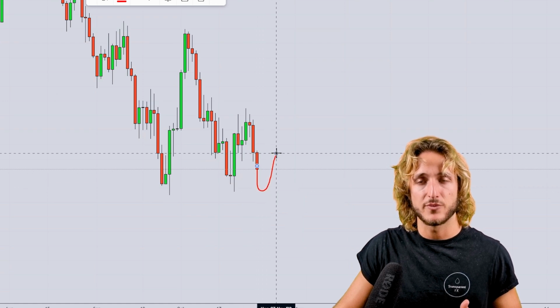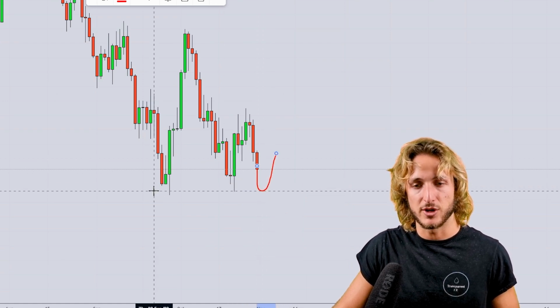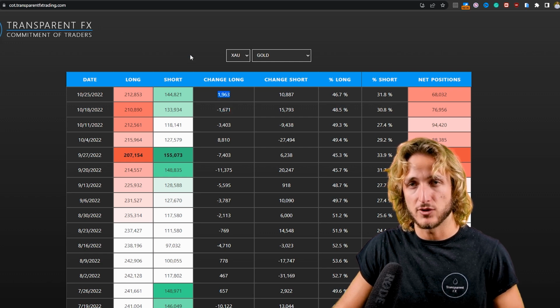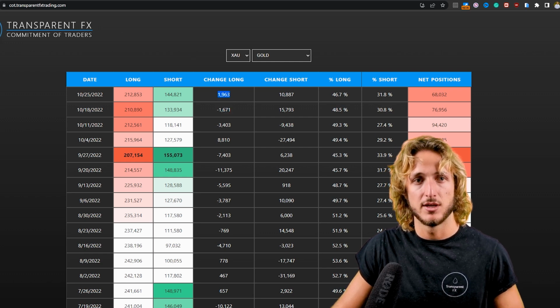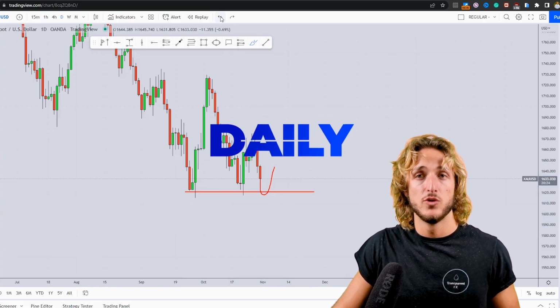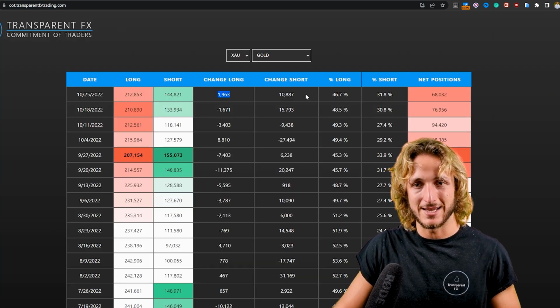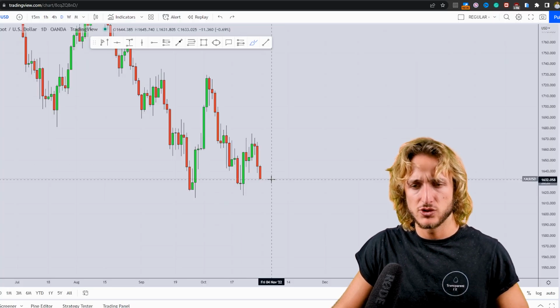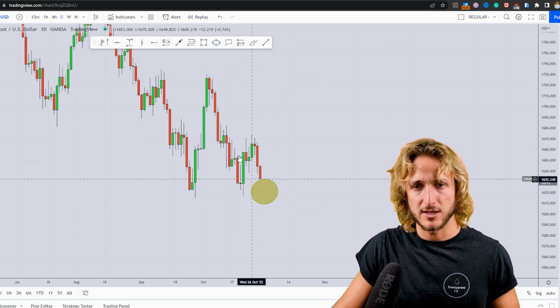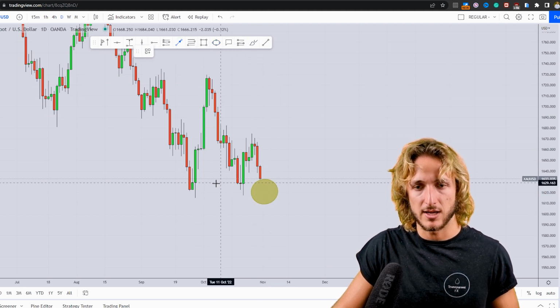you could expect from this level some rejections to the upside, because clearly there is buying pressure with institutions adding thousands of longs together with shorts. If everything was supposed to be immediately bearish, we would see only shorts getting added and longs getting closed. So in a situation like this, there is definitely the possibility to see the market find some support around this